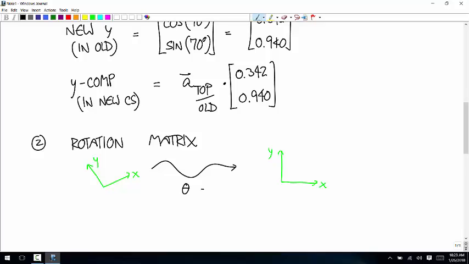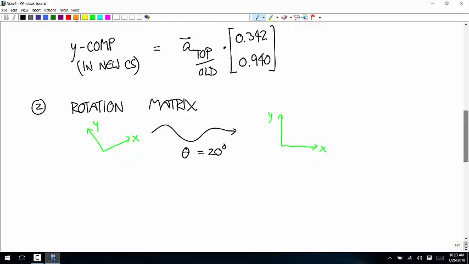So our theta is negative 20. So our vector in the new coordinate system,